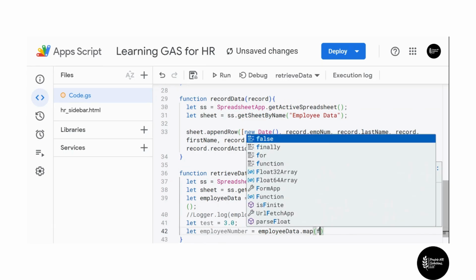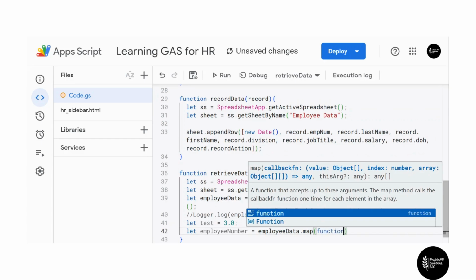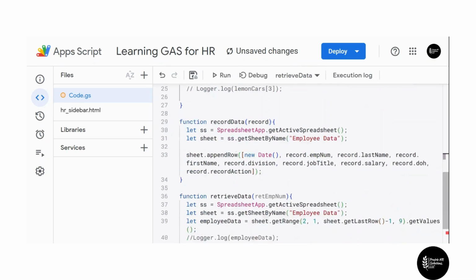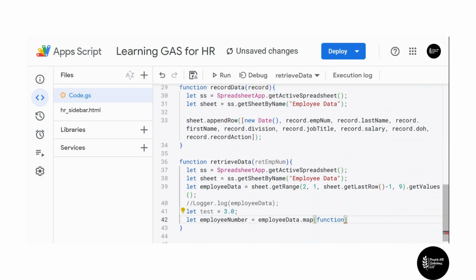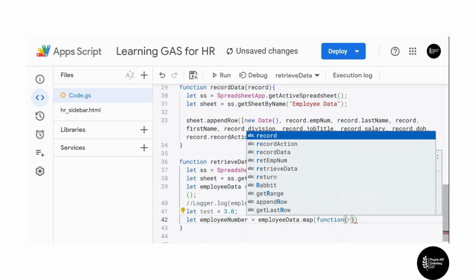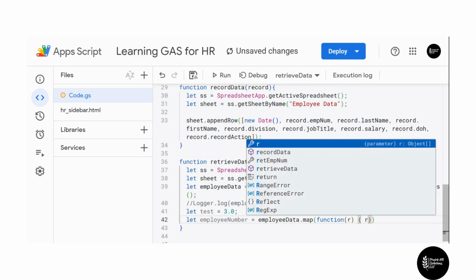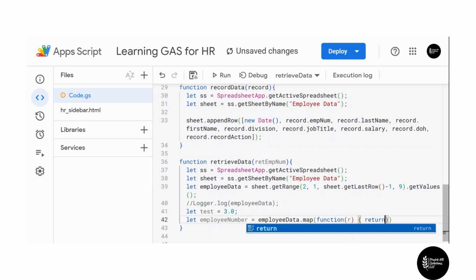dot map. And map is going to take a function. And remember, up here, we could map 2 different ways. We can either do it with a function or do our arrow function. Because we're learning maps still, I'm going to go ahead and use the longer method, and we can create any term we want for this in our array. In fact, it can be something as simple as R. So we'll use R for right now, as long as it's just consistently used. So that is going to take the row, R for row, and what this function is going to return